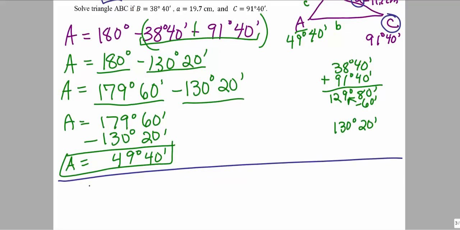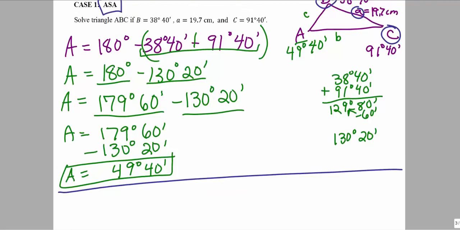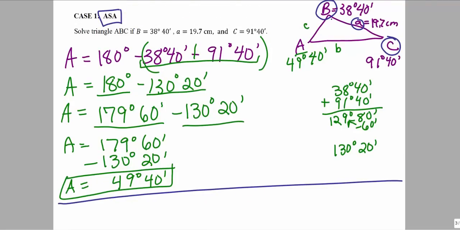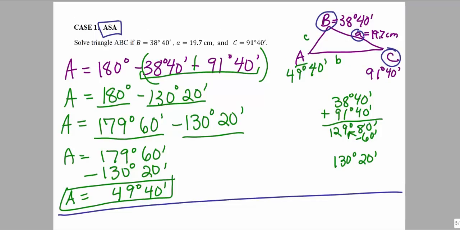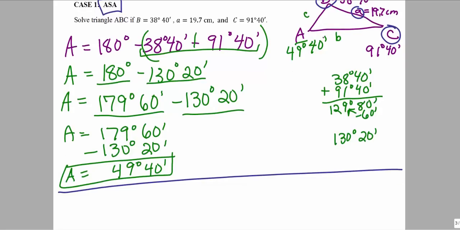It doesn't matter which one we solve for first, side C or side B, but let's look within the triangle and see what we actually know. Remember, we have to know everything in one entire fraction. What we now know is angle A and side A. So we're going to use this information for the fraction with all of the knowns. Since we're solving for sides, I'm going to put side A on top, divided by sine of angle A, which would be sine of 49 degrees, 40 minutes,